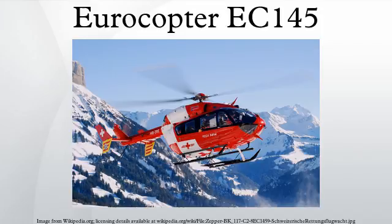Military: Albania, Albanian Air Force; Bolivia, Bolivian Air Force; Germany, German Air Force; Kazakhstan, Kazakhstan Air Force; Thailand, Royal Thai Army, Royal Thai Navy; United States Army. Specifications. Data from Eurocopter EC145 Technical data, EC145 Specs. General characteristics: crew, 1 or 2; capacity, 9